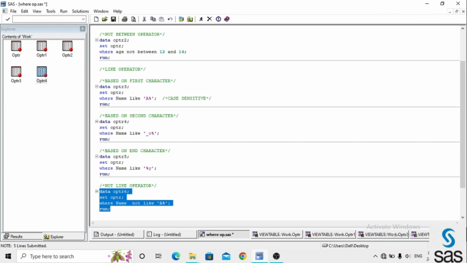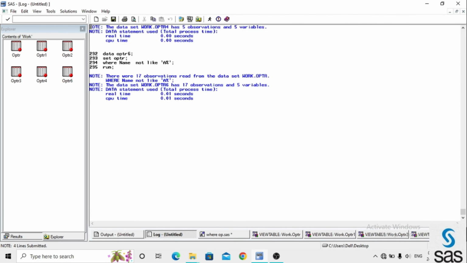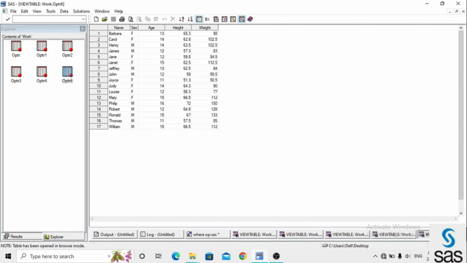Got it? And before opening the data set, check the log once, and the log is clear. In operator 6, except the names starting with a, the remaining names will be displayed here. Did you get it? Like this we apply the like operator and not like operator on character variables only.